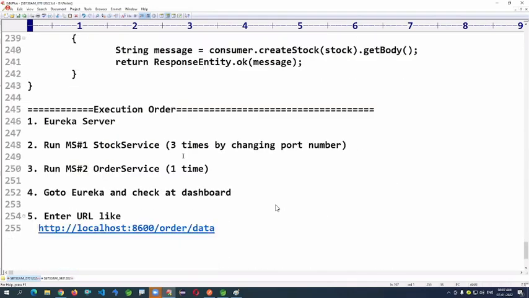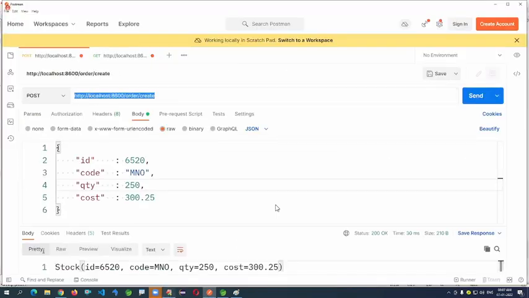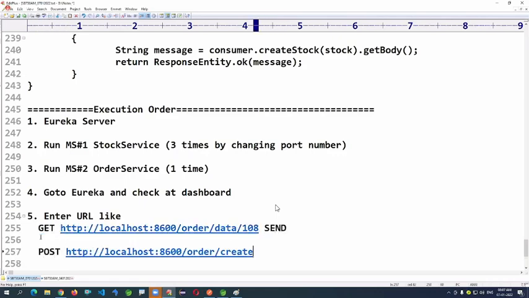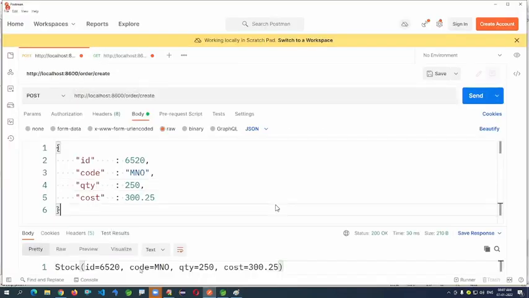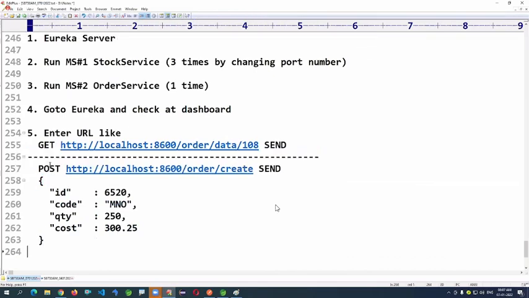Execution order is the same: stock service, then order service. This is testing methods here.